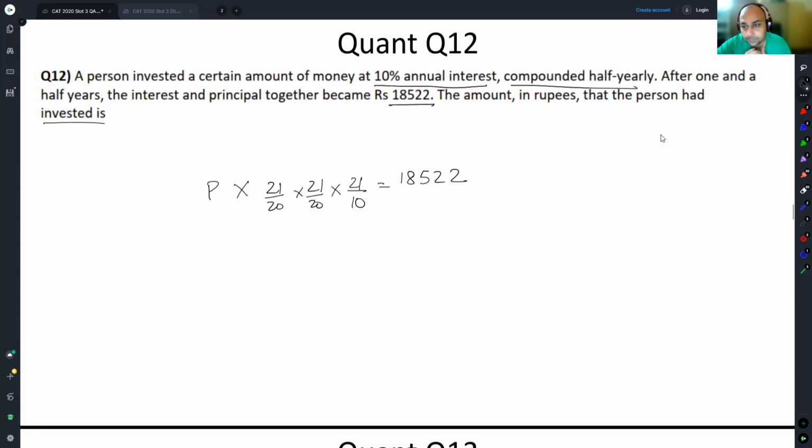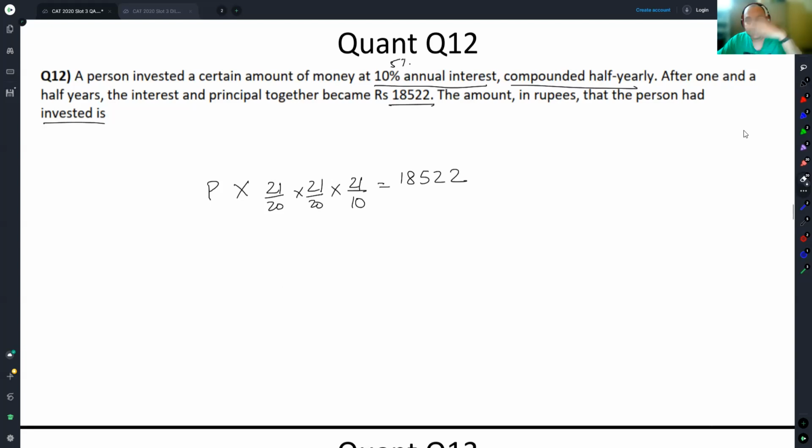This is okay. This expression makes sense. Basically, ideally, the formula is this: 1 plus r by 100 raised to the power t. The effective rate here is 5%. So 1 plus 5 by 100 or 105 by 100. Cancel it, you'll get 21 by 20. The number of terms is 3, so 3 times it will get multiplied. But when you're solving it in the exam, of course, you don't write all of this down. Directly write the final expression.